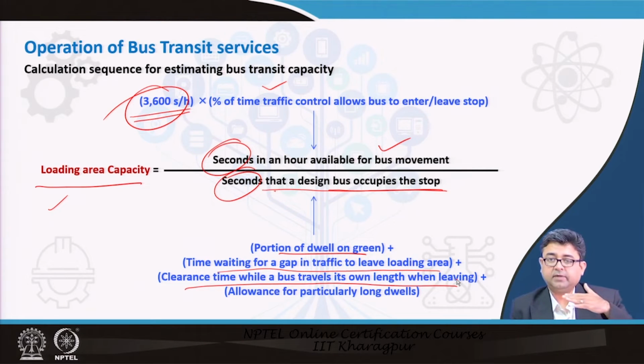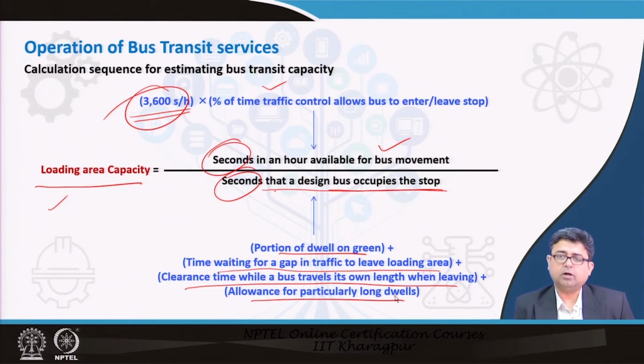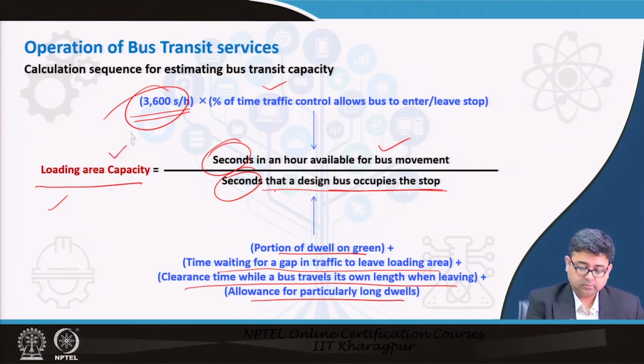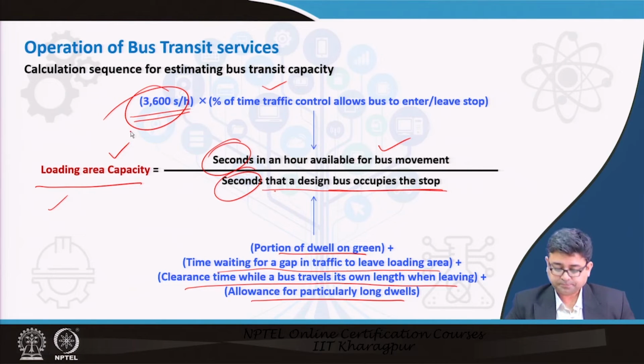So, when the bus is leaving out of a bus bay, it has to cross its entire length. That is the clearance time needed, and allowance for particularly long dwells. Sometimes the dwell times are longer if there are a large number of passengers embarking or disembarking or boarding from that loading area or that stop, right. So, that is a simple enough